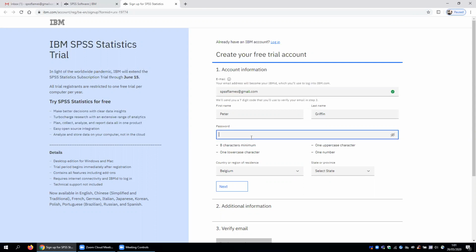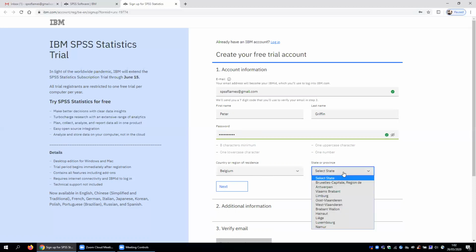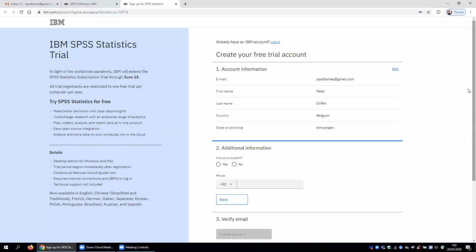So you have to just put any name that you want, and then you have to specify a password. Remember, you need one uppercase letter, and you have at least one number. So you need 8 characters in total, including an uppercase letter and at least one number. For the country, I live in Belgium, so this is the default. I just have to add my city, which is Antwerpen. So once this is all figured out, you just click on next,